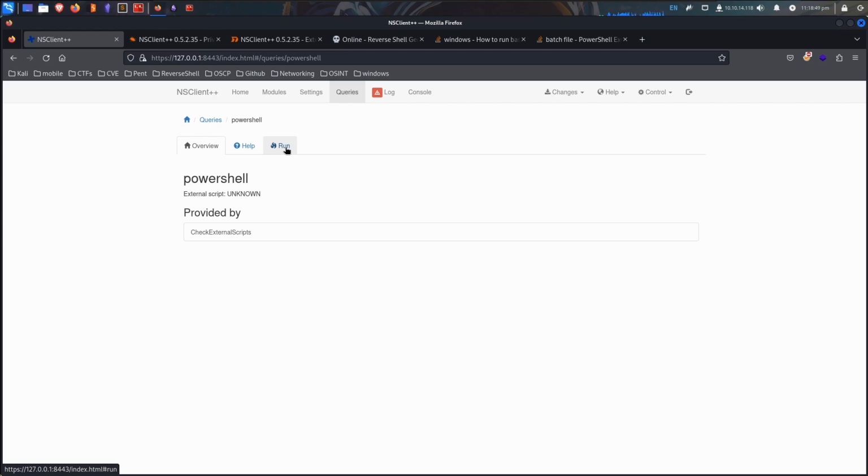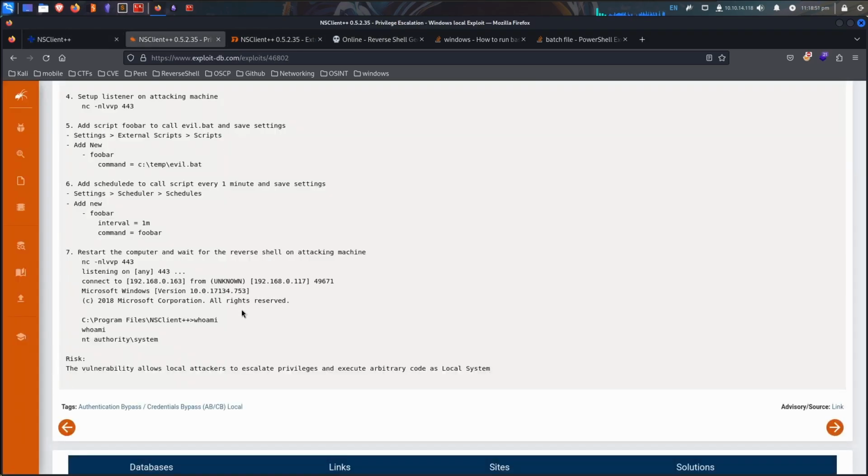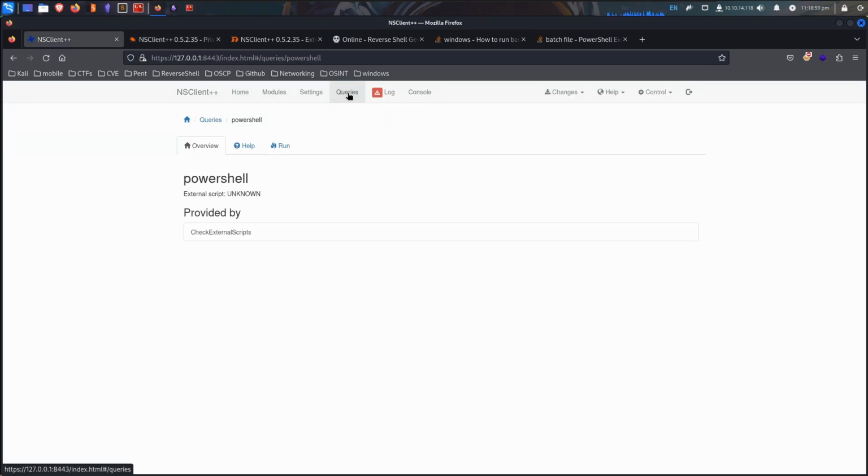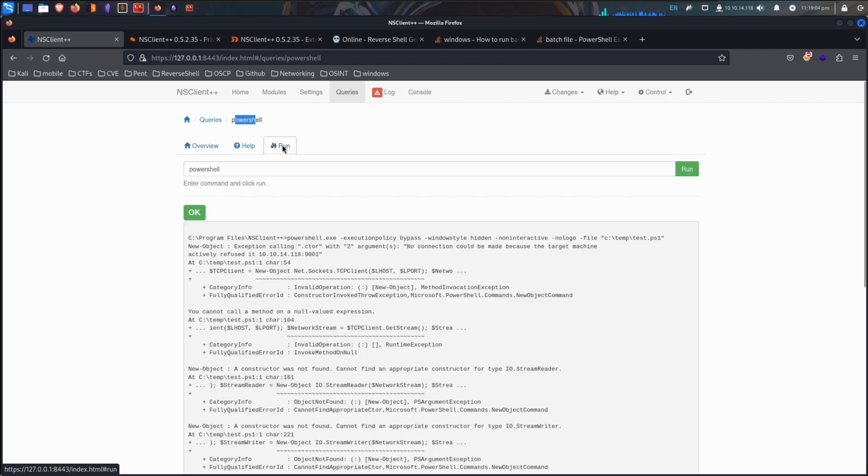Instead of creating a scheduled task, which I believe is what this mentions, that checks every minute and runs a command, we're not going to do it that way. From the Queries tab, we're going to run the PowerShell command, which was C temp